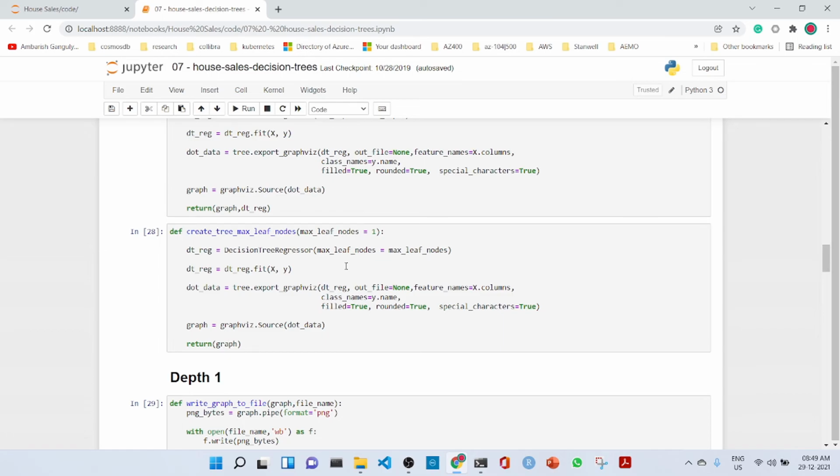Decision trees are very simple to implement with scikit-learn, and in the previous lectures you have seen the algorithm for constructing a decision tree. This is the practical of creating a decision tree with scikit-learn in Python. Thank you. Hope you like the lecture.